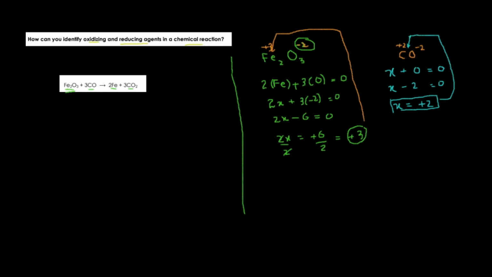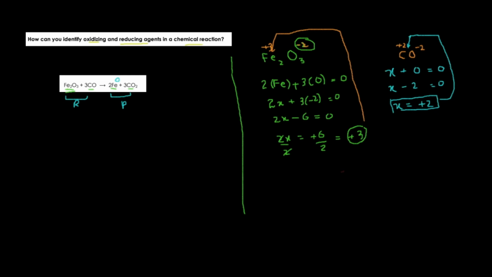Now on the other side, on the product side, as you know, these are your reactants while these are your products. In this case, on the product side, iron is present freely. So what does this mean? It has zero oxidation state. In case of iron, you have zero oxidation state. Now we are going to find out the oxidation states of carbon